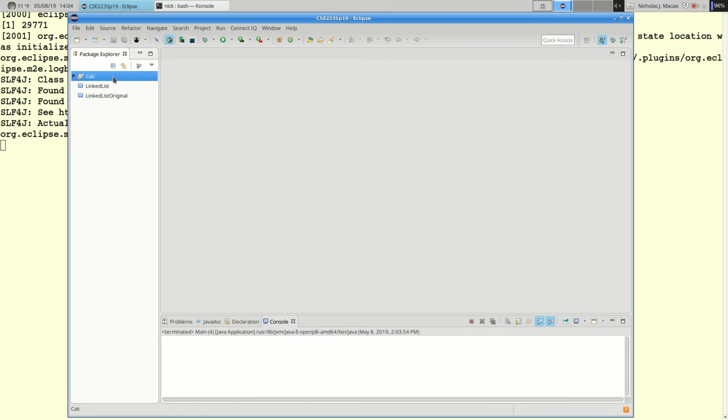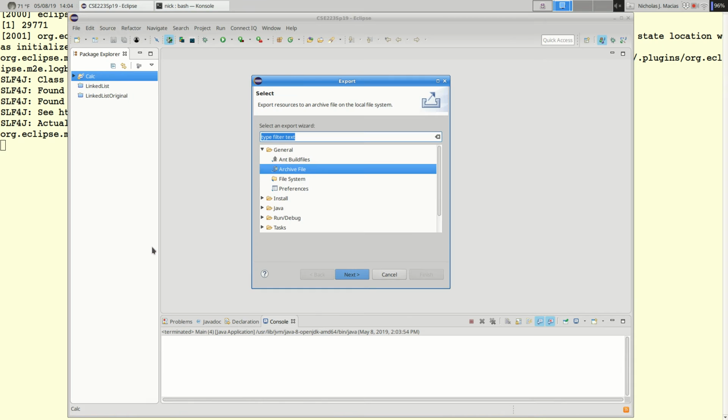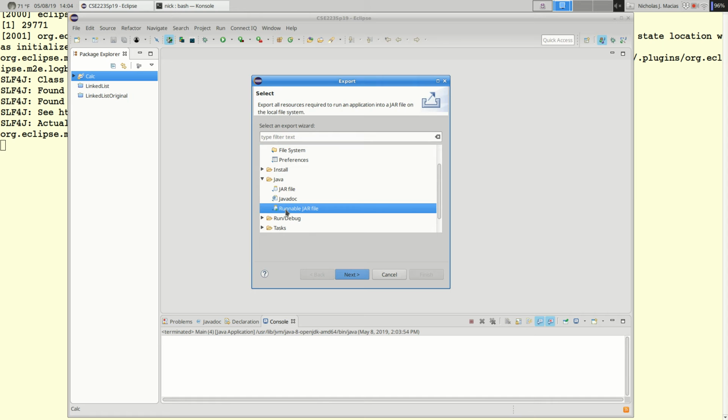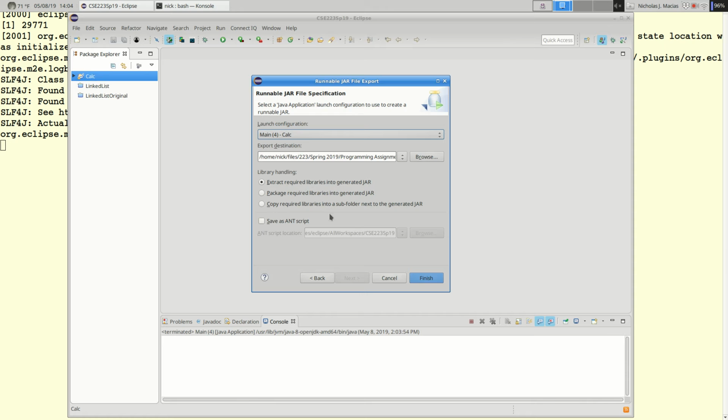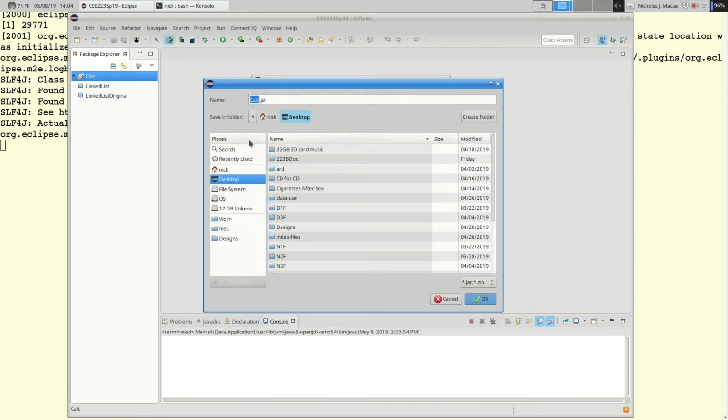So I'm going to right click, say Export, and under Java I'm going to say Runnable Jar File as opposed to just plain jar file. If you have multiple projects, you want to find the one that corresponds to your project, and in this case it's a class called main. That's my main class. Apparently my main class for all my projects. So pick that and browse to where you want to place it. Let's just place it on the desktop, and I'm just going to call it haha.jar